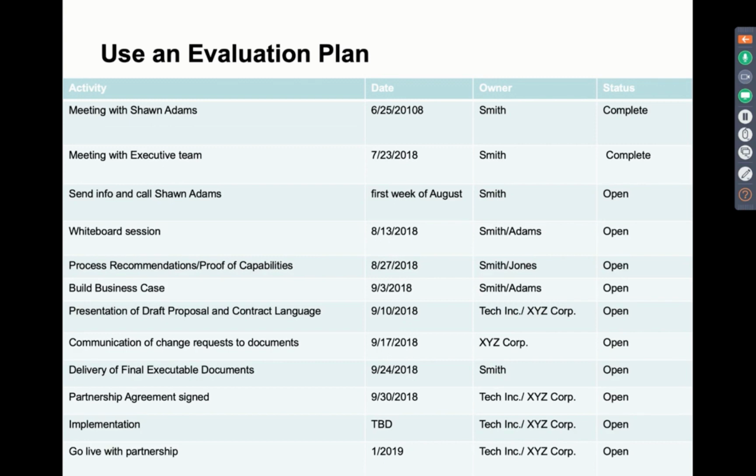And what it basically is, let's say we're meeting and we're reviewing a proposal, or I'm delivering a presentation, and I present this plan to you, so that if we agree to continue to move forward together, these are the steps we're going to go through, with each date and the owner, and you get the prospect to agree to those. Do you agree with that? You're wanting to move forward with this list?